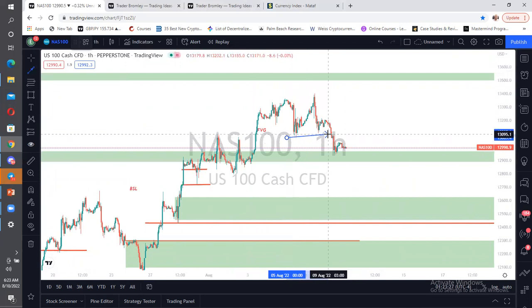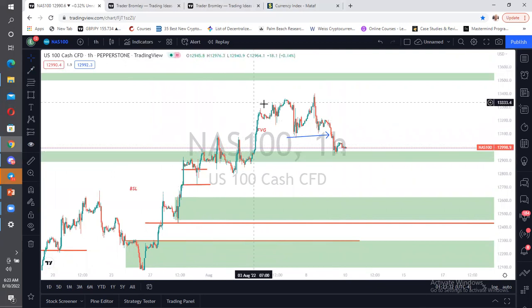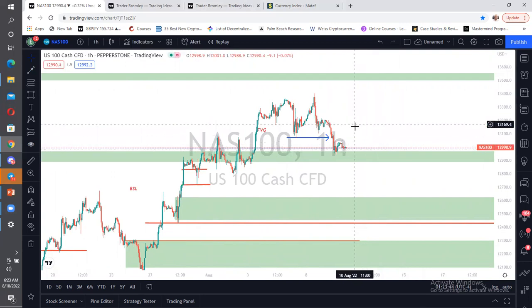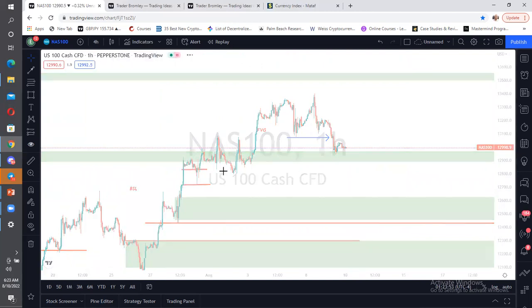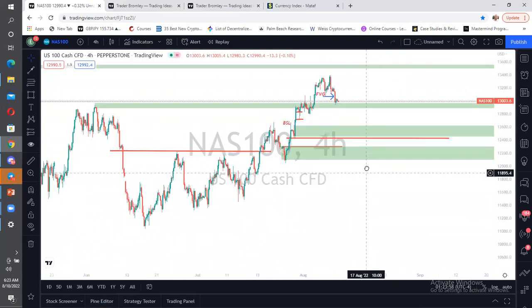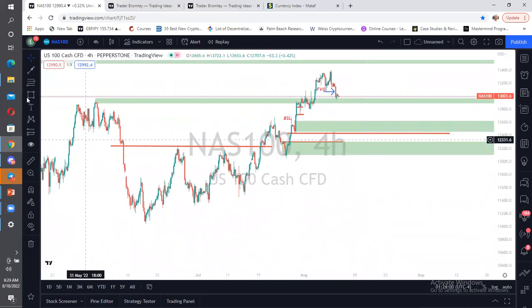This is a change of character, because we were having high highs and high lows, high highs and high lows, until this character here was broken. Now, as we have this change of character here, what we're expecting to see is a pullback to this particular zone before we take our trade to the downside. And if you zoom in, let's use 4 hours, please. I don't like 1 hour analysis.